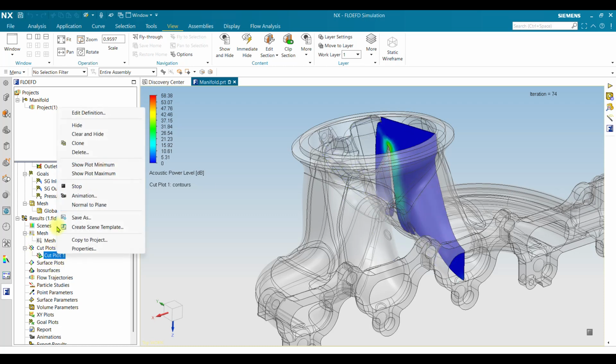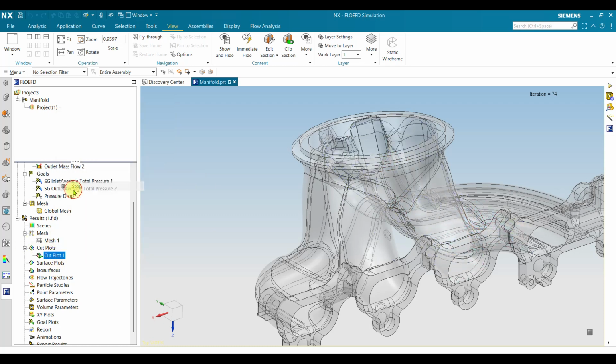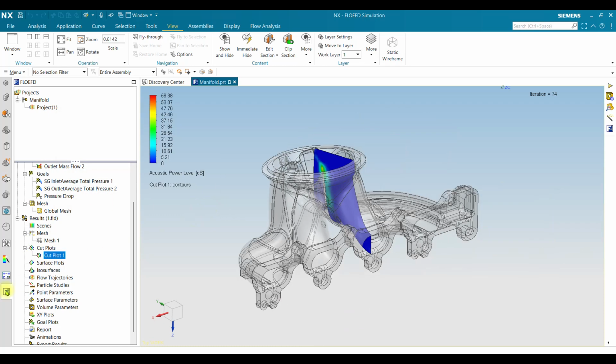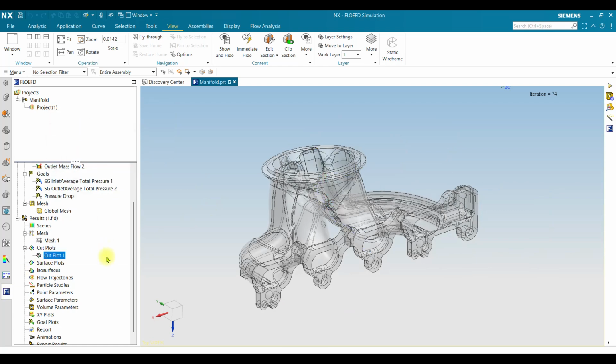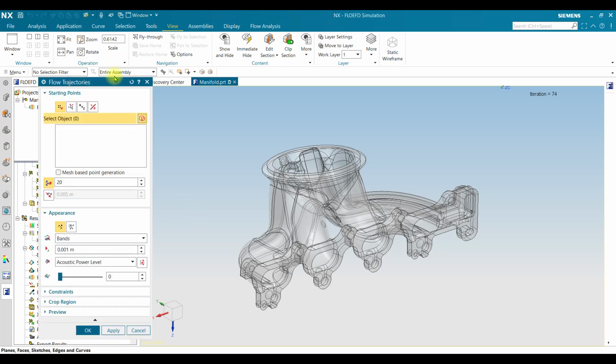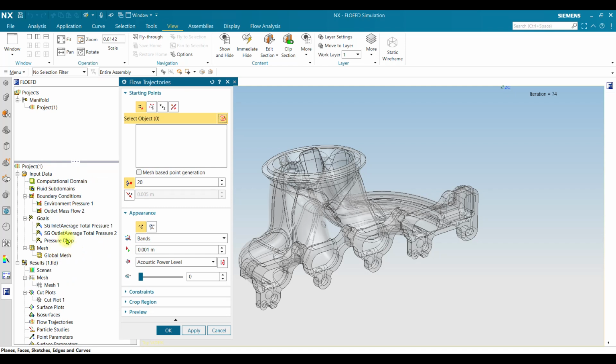Okay, so this is the function of the cut plots. We can hide this one. Next, we're going to create what is called flow trajectory. Click insert, and then click the source. The source is from the